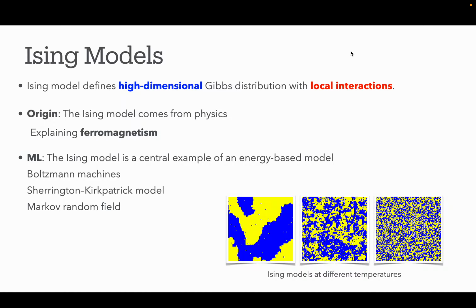The graph shows Ising models at different temperatures. When the temperature is low, the interaction matrix is very powerful, so the Ising models prefer to be monotone,